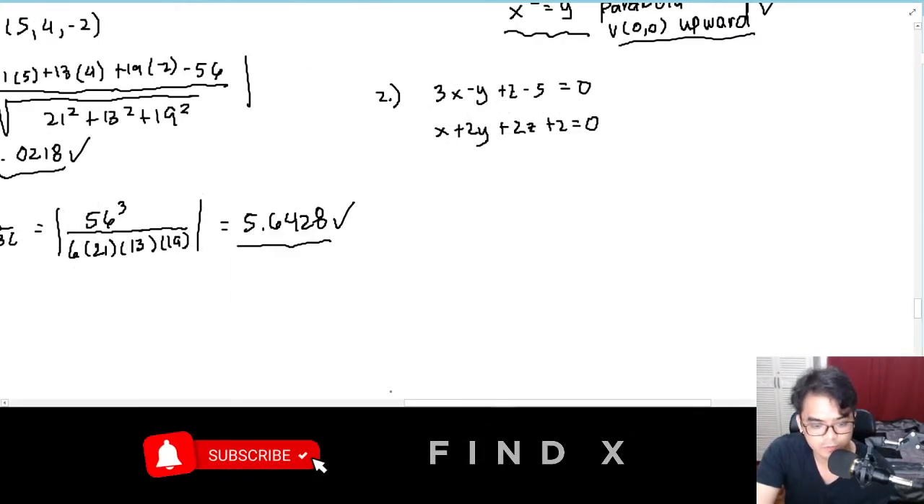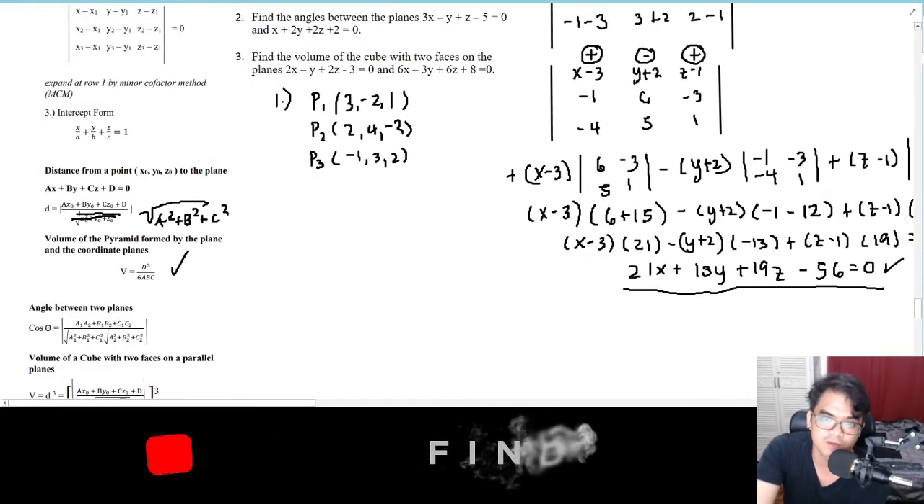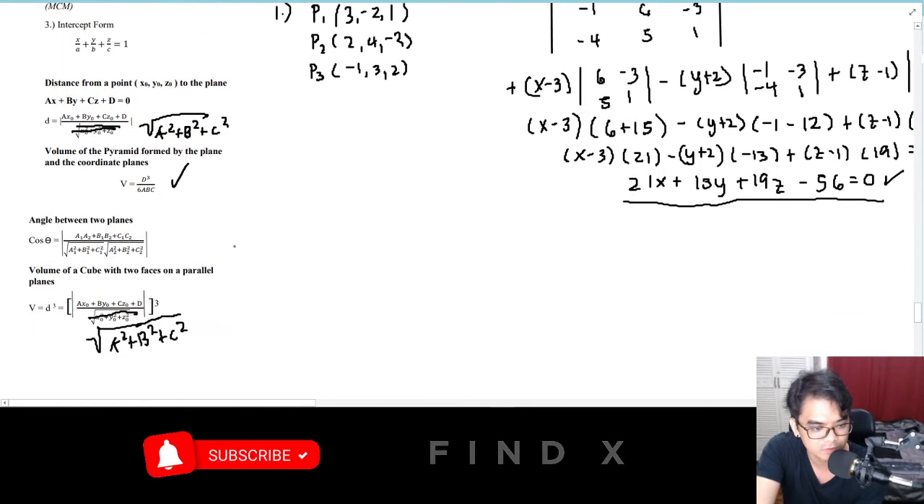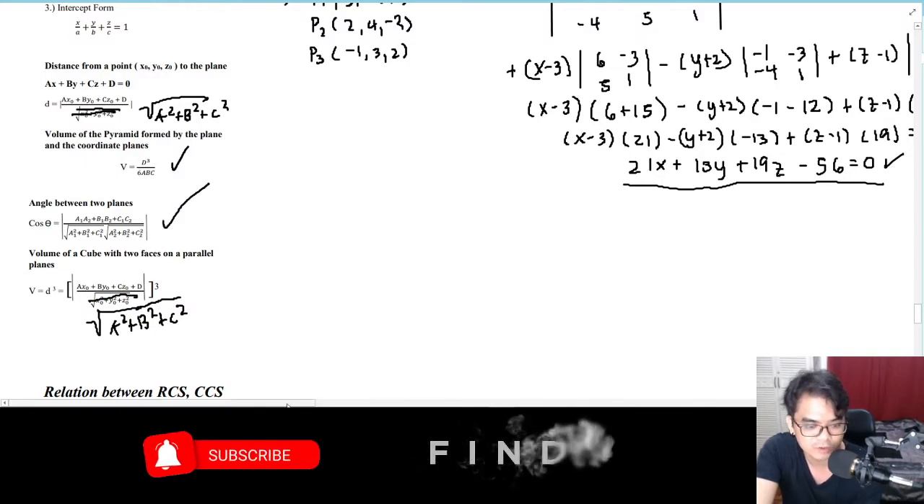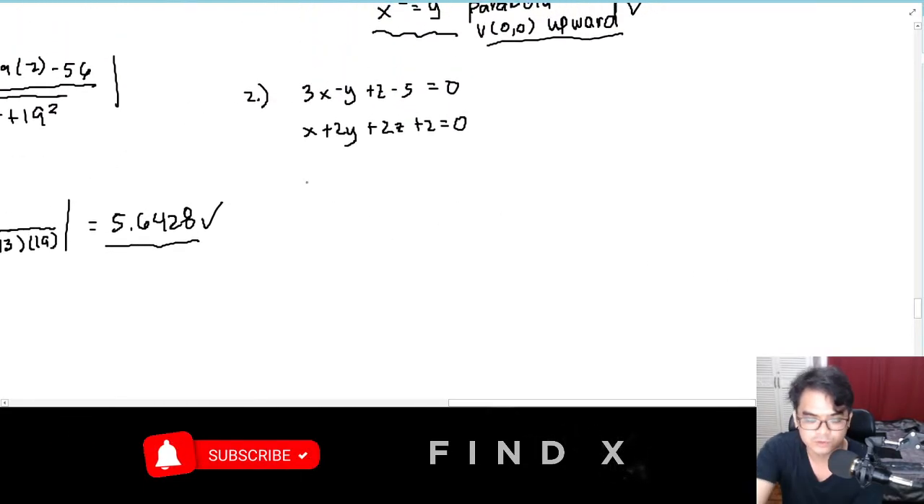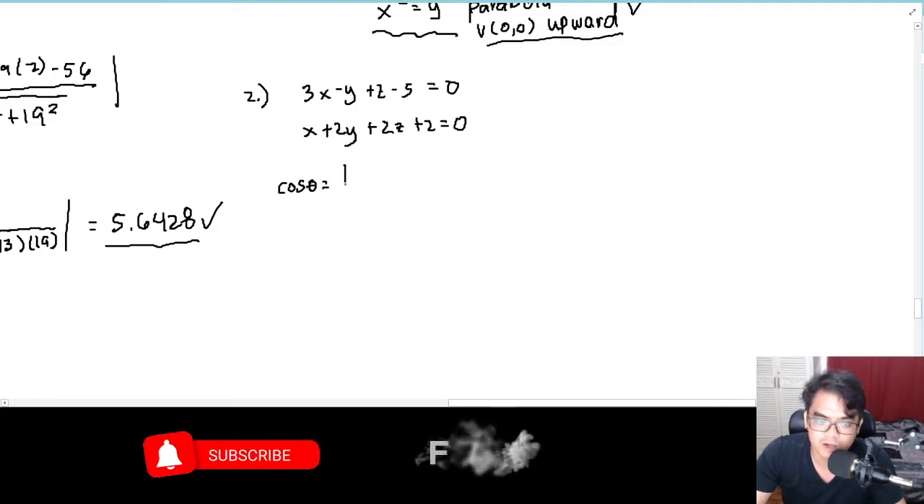So for the next one, we have number 2. Angles between the planes 3x minus y plus z minus 5 equal to 0 and x plus 2y plus 2z plus 2 equal to 0. So the angle between this one. So A1, A2, B1. Okay. So all we have to do. So for the answer for number 2 is cosine theta equal to the absolute value of